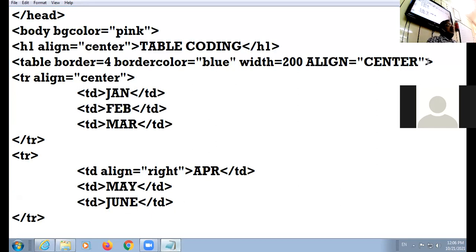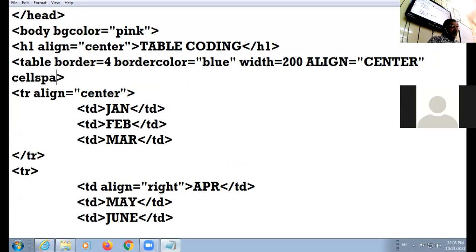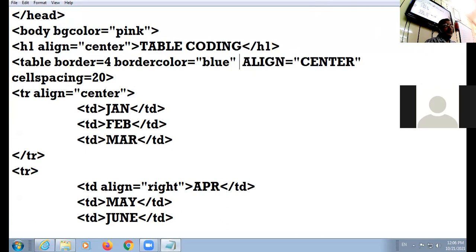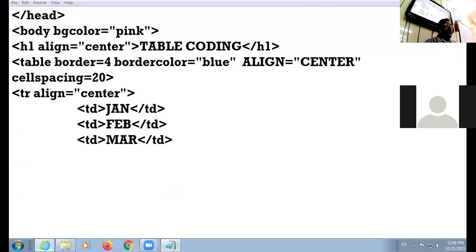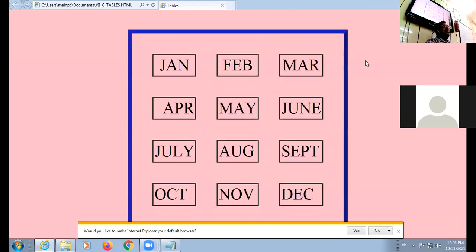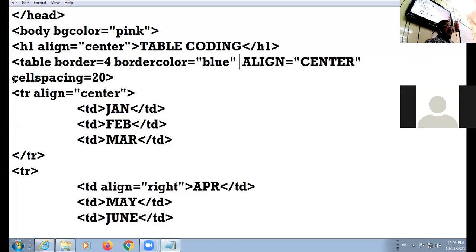In the table tag, cell spacing is one word without space. I am giving 20. First of all, check cell spacing. Check the cell spacing. This gap where the pointer is moving. Now check cell padding.